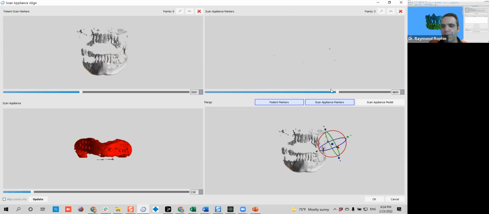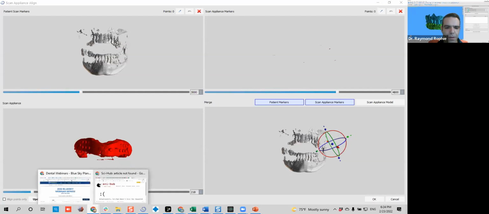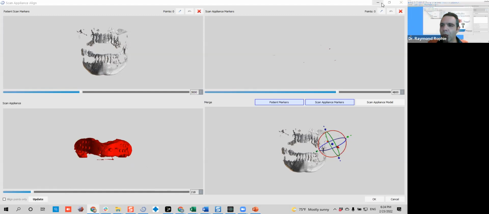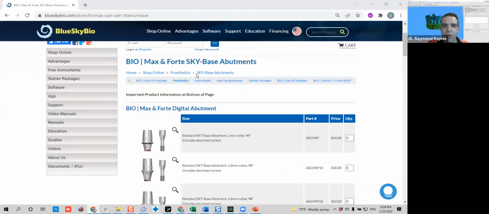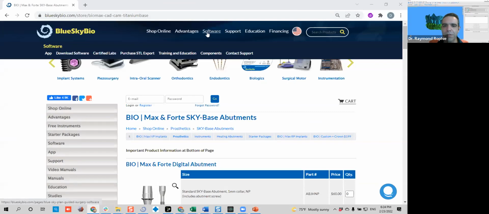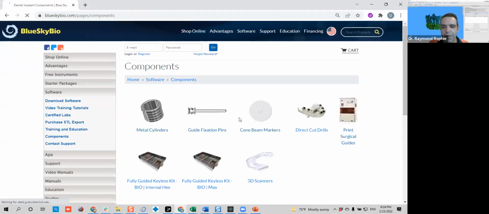These radiopaque markers can be as easy as composite dots, or you can use the cone beam markers. You can buy the cone beam markers at BlueSkyBio. If you go to the BlueSkyBio website, you go to the very top where it says software and then components. You can see here the cone beam markers,